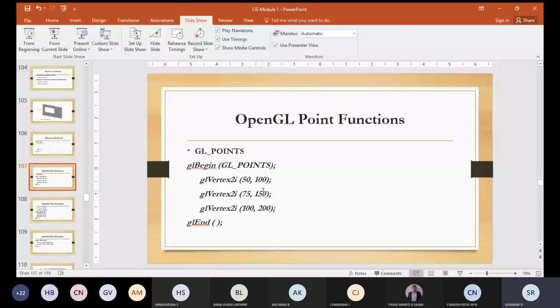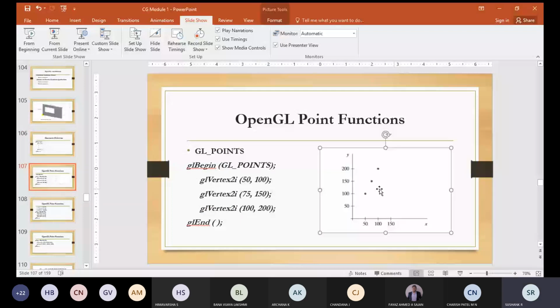I told you that there will be glBegin and glEnd. Between those, you will be writing the code. So whatever vertex you are using, you should be writing between glBegin and glEnd. Points means that you are referring to the point object. Here you are using glVertex*, where the star indicates that a suffix code is required for this function. The first parameter will be the spatial dimension, which was two dimensions, and i indicates the integer value. After this, I'm passing the position of x and the position of y.